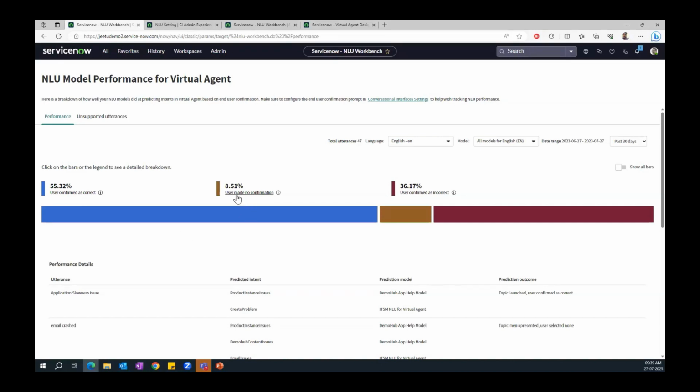So you can see here 8% are instances where the user did not share this feedback. 36% are conversations where the user said VA predicted a wrong intent. So this is one way you can check the model performance, how your model is performing against the actual feedback from the user, right? So you can use this option within the ServiceNow instance.